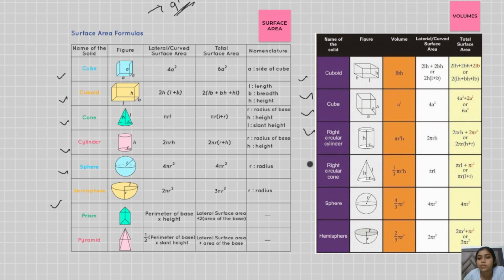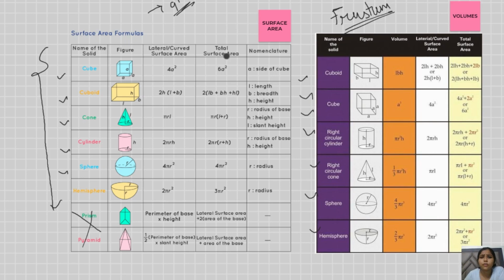From here also, this is basically a volume chart, right? Basically this chart consists of all of this. And prism and pyramid we have not discussed, like in class 9th, so in class 10th also we are not going to discuss them. They are not in your syllabus. So you have to just go through these 6 things, and apart from them you also have to go through certain other 3D object known as the frustum. I will tell you what is frustum and what the surface areas and volume are in another slide.